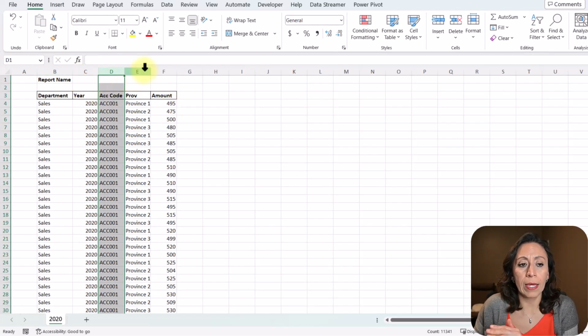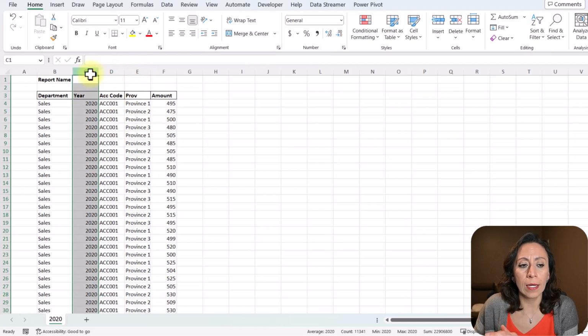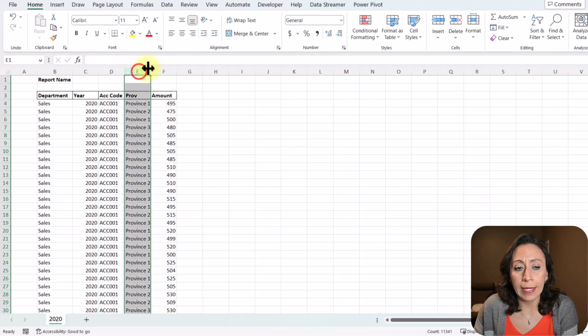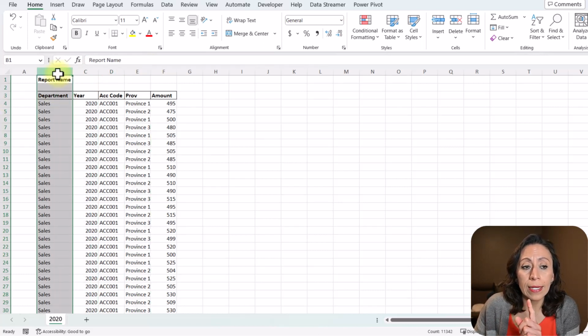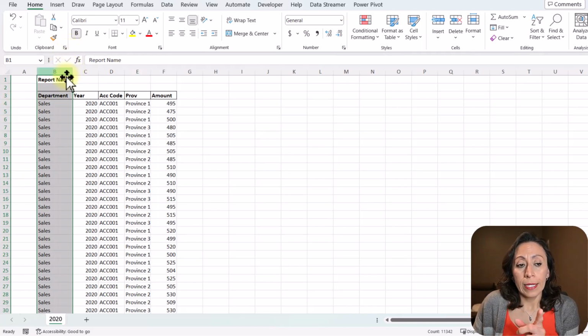Some of them may have the province as second column and then the account code and then the year at the end, or it doesn't matter. What really matters is that the first column will have the department. And that is because the technique that we're going to use today is going to point to column 1.